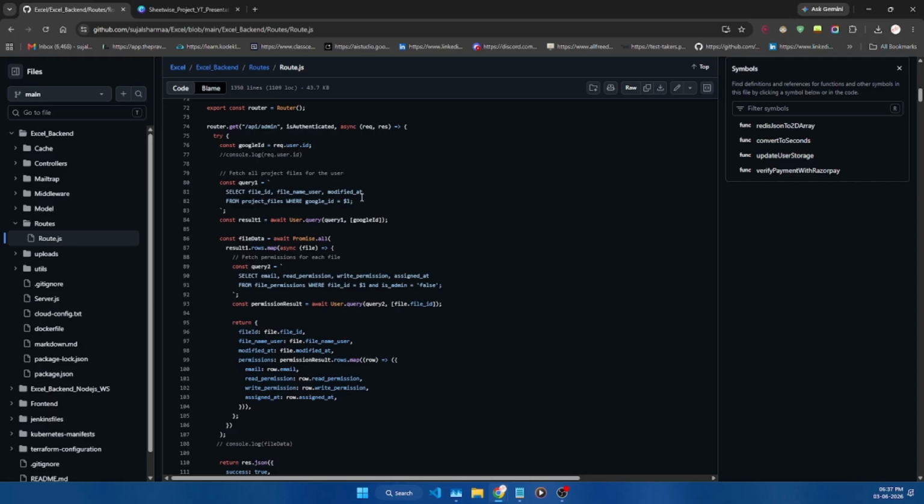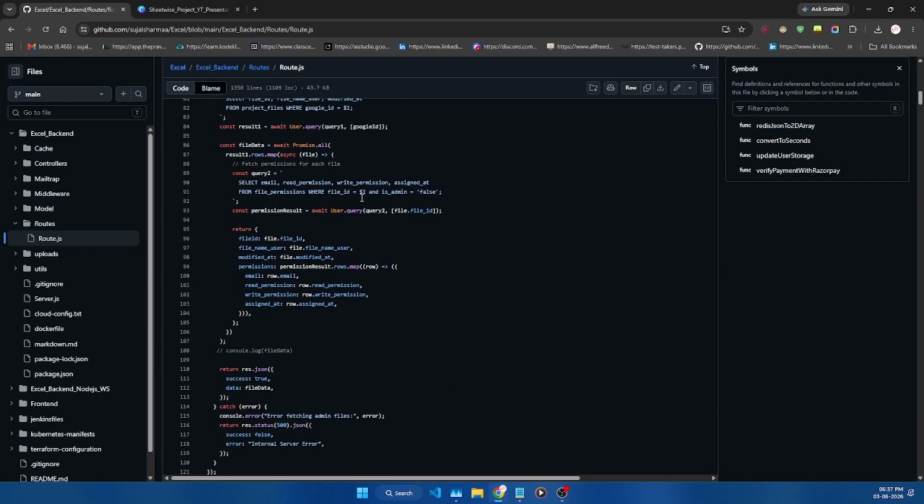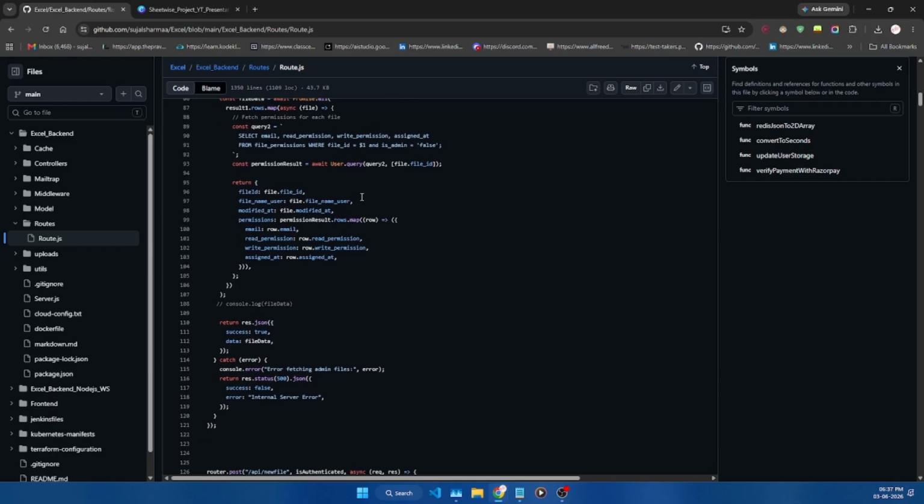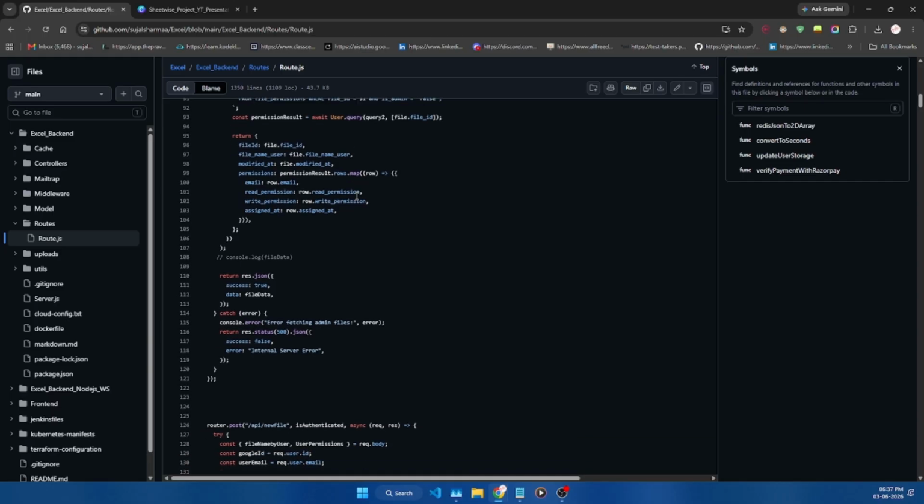Then it iterates over these files with Promise.all to query the file permissions table, fetching the specific read or write access details for any users, excluding the admin, assigned to each file. It returns a structured JSON payload of files and nested permissions.